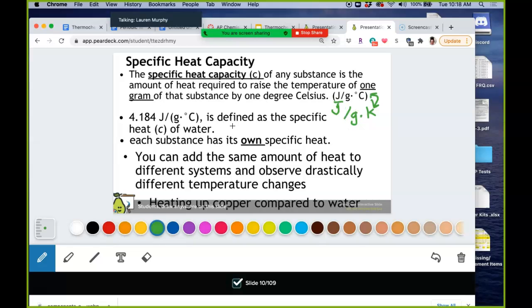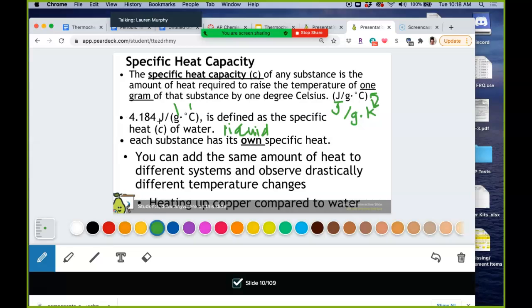Okay, so for water it is 4.184 joules per gram degree Celsius. That's the specific heat of water in the liquid phase. So what does that mean? That means it takes 4.184 joules of energy to change 1 gram of water by 1 degree Celsius. Okay, now every single substance has its own specific heat, meaning